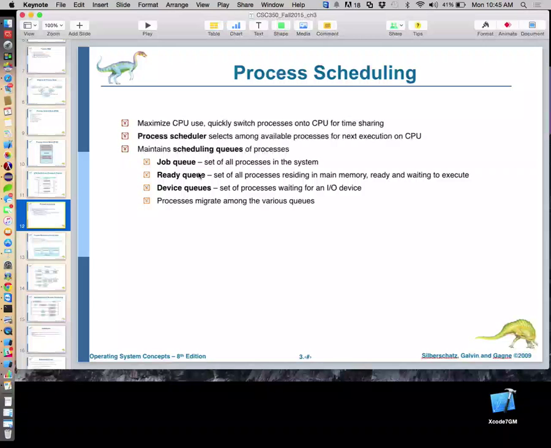Okay, so the process scheduler has a couple of queues. It has a job queue. That's all the processes in the system, the whole herd of processes, all the PCBs. Then it has a ready queue, which is a subset of the job queue, with only the PCBs in there whose